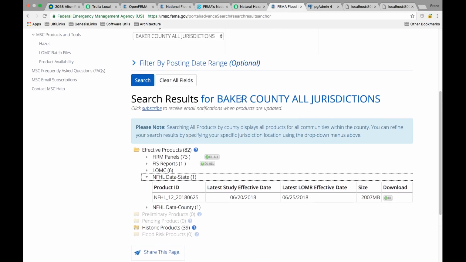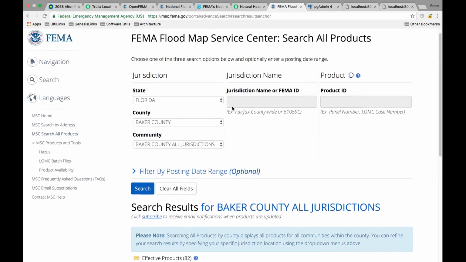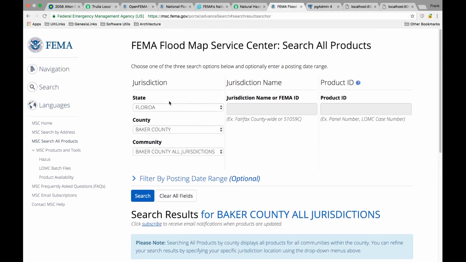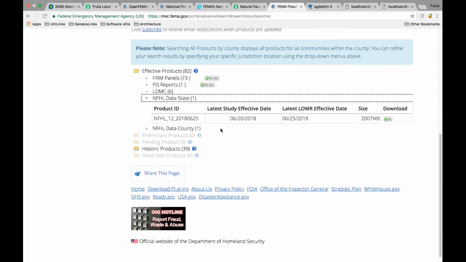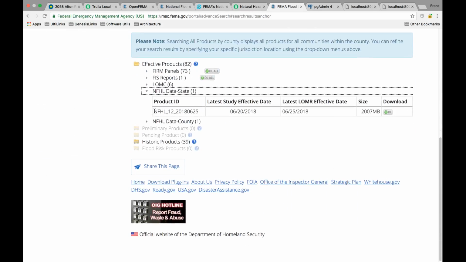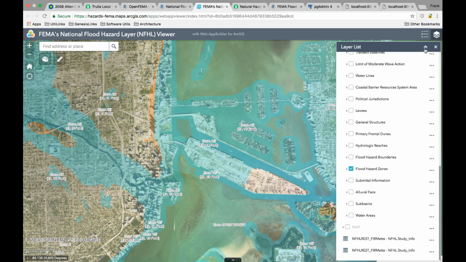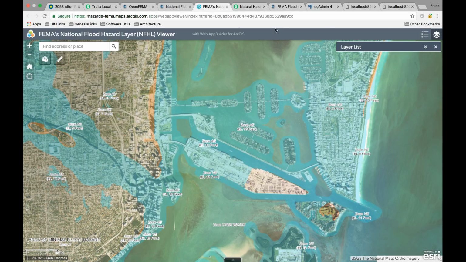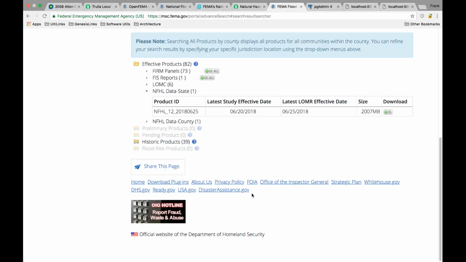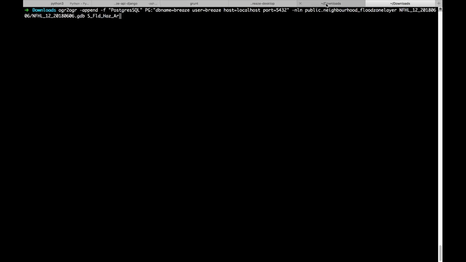If you search for searchable products in NFHL, and then you can select a state, and this doesn't matter because I'm just selecting every single county has information for the state. You get this file, which is around 2 gigabytes, and includes all the layers that you can see here with what you're interested in. So I downloaded the file, and then you can use this command